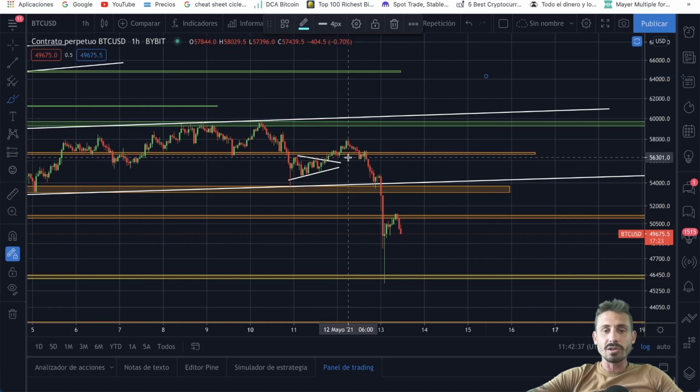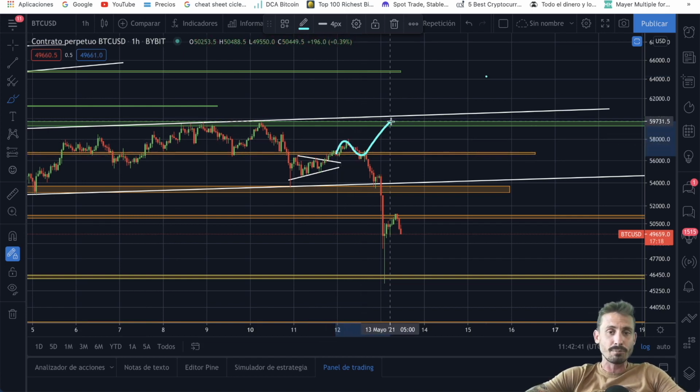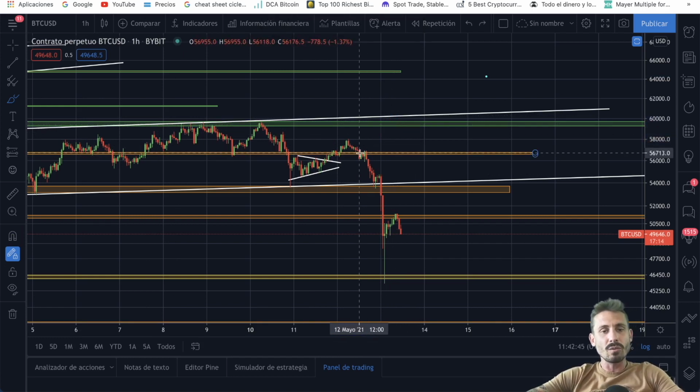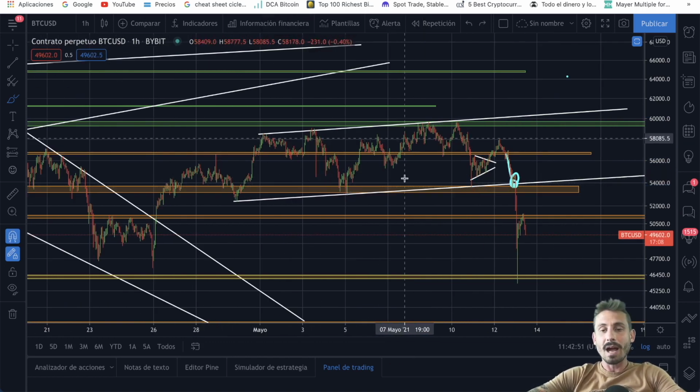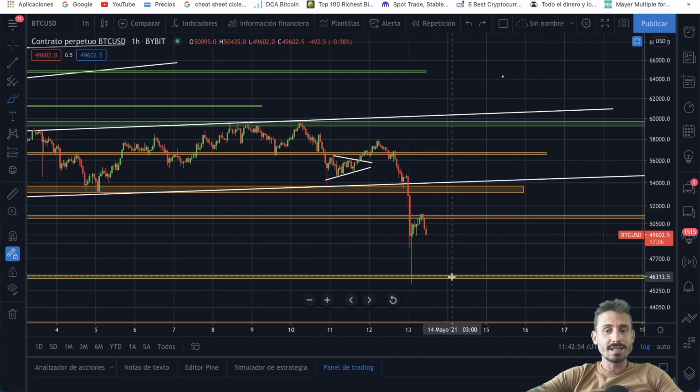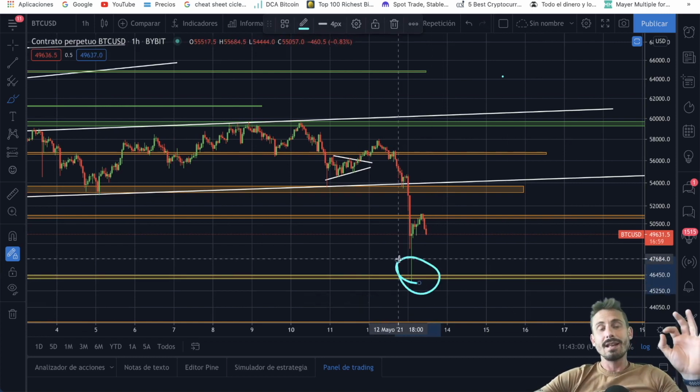Remember yesterday, we were talking about the $56,500 range. I thought this was going to hold nicely as support and retest the resistance at the $59,000 range, but we failed and came back down here for a few hours at this support level from this ascending channel. Now I'm going to show you how the $46,000 area needs to hold nicely as support, just where we got a massive rejection, and this needs to hold, guys, because if not, we can come down as low as